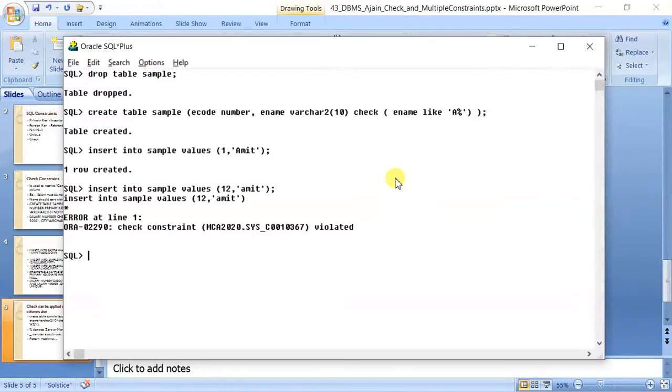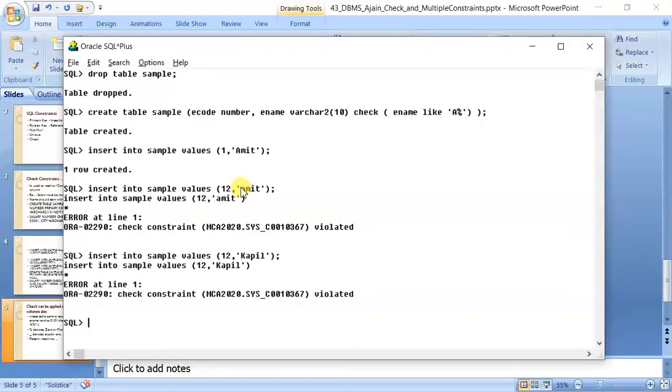Just now I have told you. So this will work something like this. Let's try to insert something else. B or C, okay, couple. You can see error is coming. Now this trick can be used in multiple questions asked in different exams.